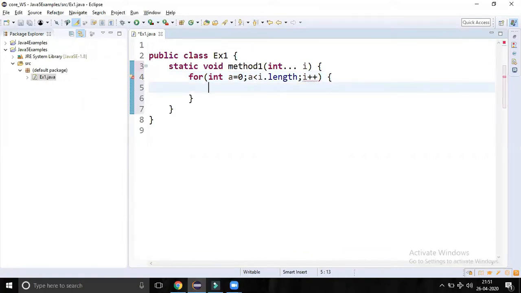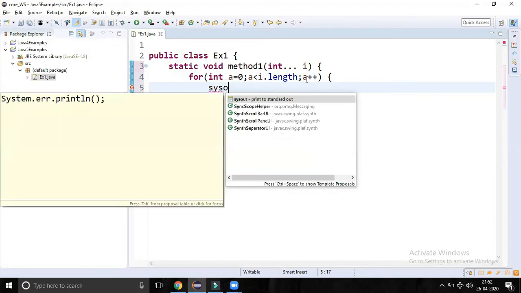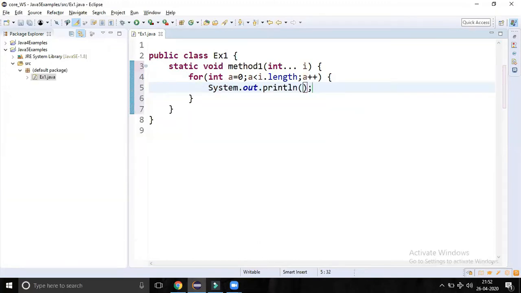And here we can print the elements from the array or variable argument, i of a.